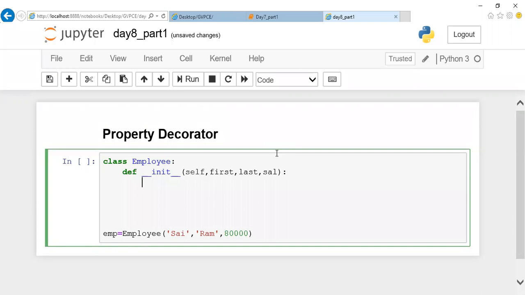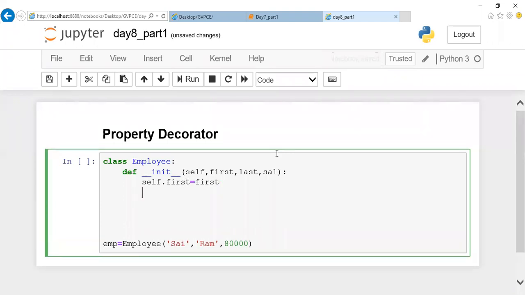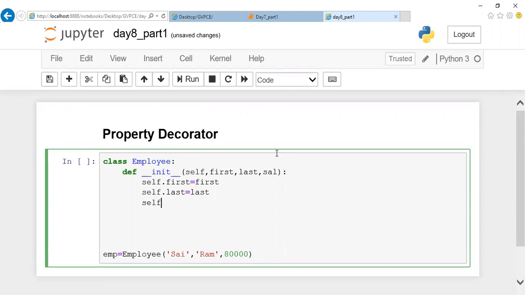Here let me assign self.first. What does it mean? This self.first is the instance variable. Yesterday I gave an example with the same variable name as well as different variable names. Here let me use the same variable names: self.last equals last, self.salary equals salary.